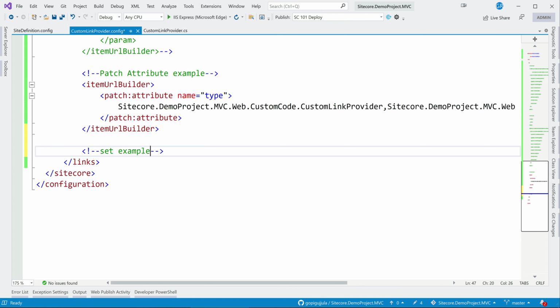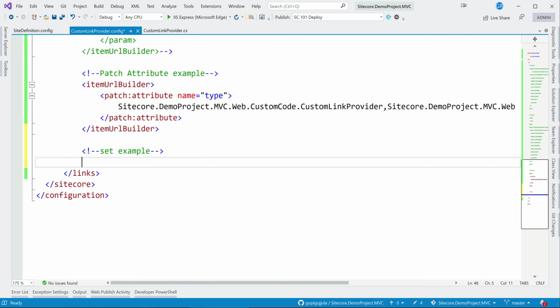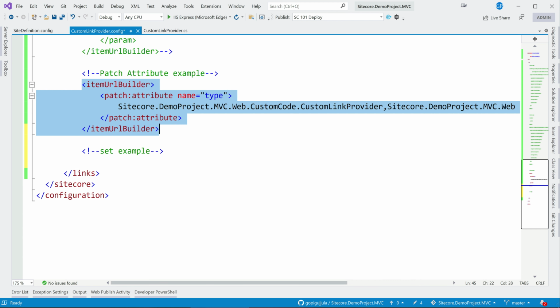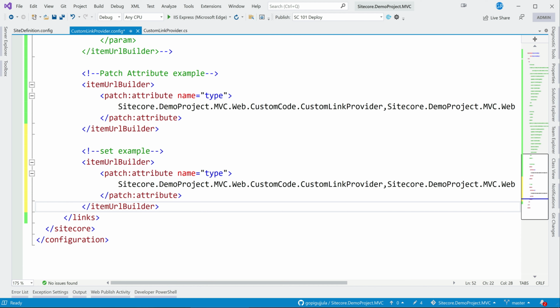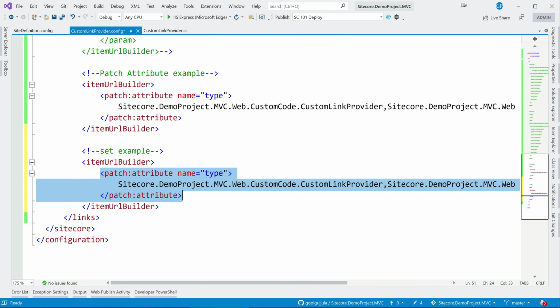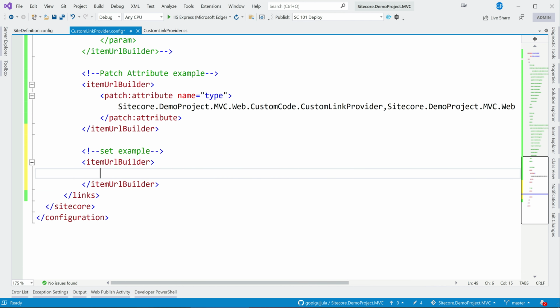So we can use a set as well. Let me copy this. But instead of this, I just want to use the same type equal to this. Let me remove this to make it easier.